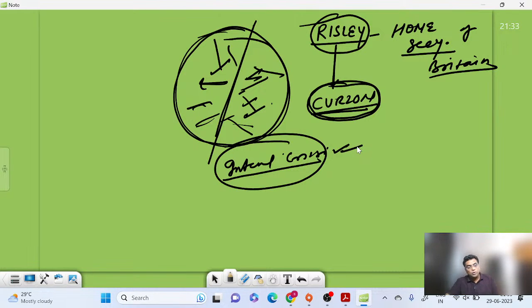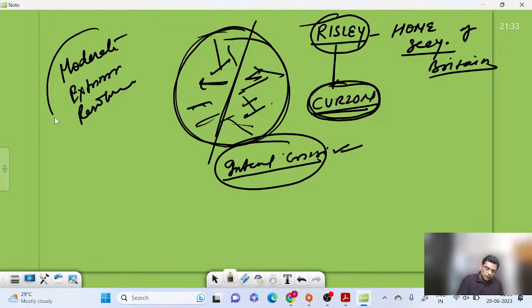Look, Bengal was a large state, and all the ideas, moderate, extremist, revolutionaries, all the ideas, they come to Bengal and spread in different parts of India. Okay. So therefore, Curzon wanted to divide Bengal in such a way that